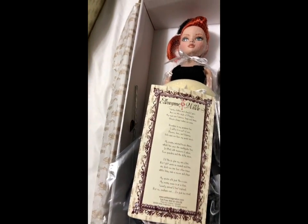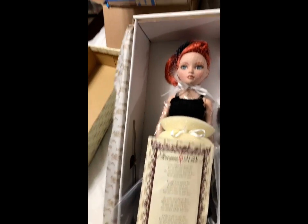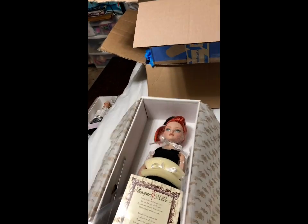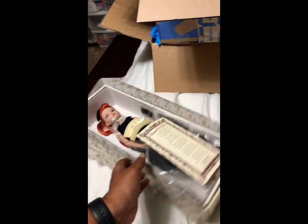So, we have this beautiful girl. I've already gone ahead and named her Roxy. So we have Tyler, who needs a name, Roxy, who has a name,